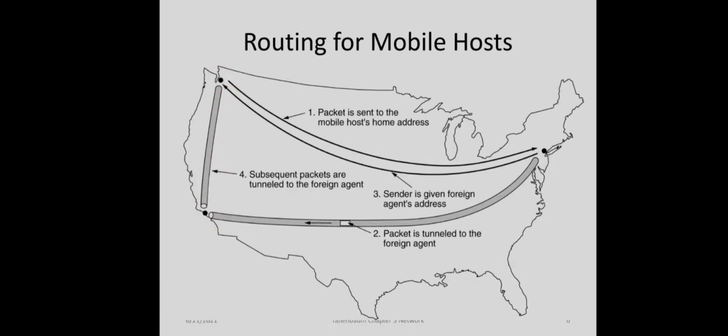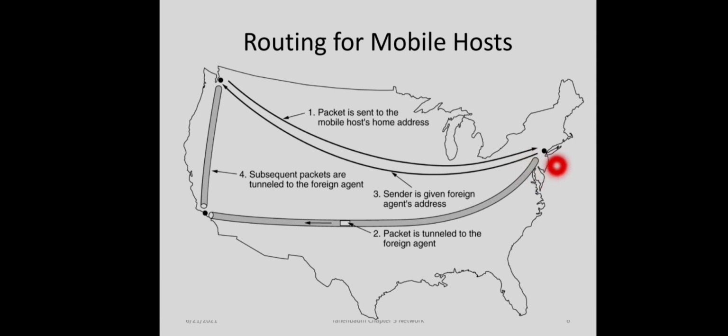The same thing happens in the case of a mobile host also. When a packet is sent to a mobile host, it is routed to the corresponding home network, because as per the routing information, this particular host belongs to the home network, right? So this is the sender, and the packet is sent to the mobile host's home address, and that will reach the corresponding home network. These packets are intercepted by the home agent there, and the home agent then looks up the mobile host's new, temporary location and finds the address of the foreign agent handling the mobile host.